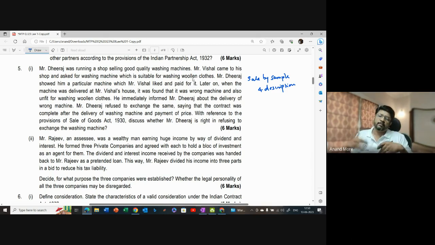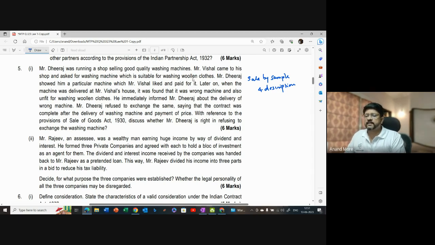And then mention about Solomon versus Solomon and Company. Mention about Sir Dinshaw Manekji Petit and Jugilal versus Commissioner of Income Tax, and specify that in these two cases it is mentioned that although corporate veil cannot be lifted every now and then, however, when the intention is to evade the tax, then the court has the authority to lift the corporate veil, which was done in the case of Sir Dinshaw Manekji Petit, Jugilal versus Commissioner of Income Tax. So that's what you are going to write.